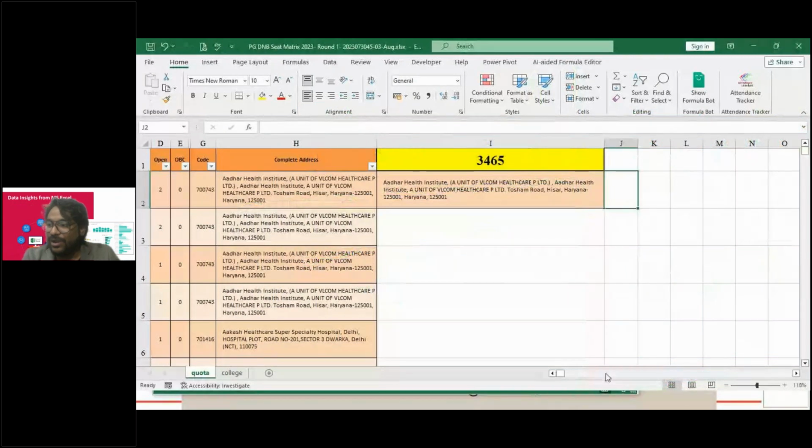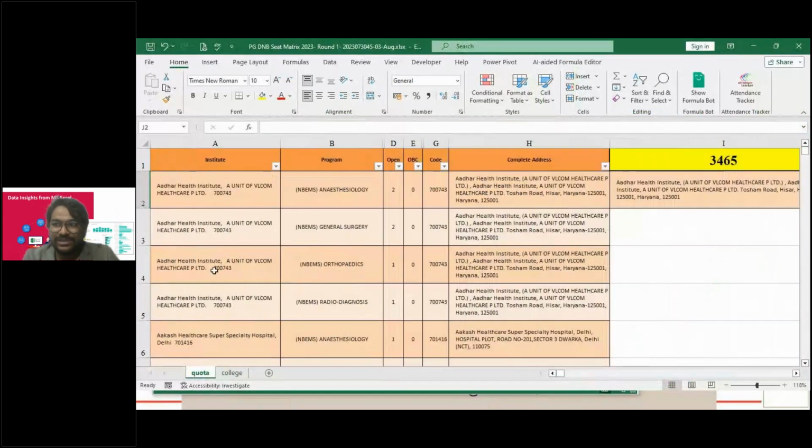And now I will do pivot tables, right? Pivot tables for anesthesiology: which institutes have better seats in better location, and where the number of beds is more. There is no bond. The bond data is also there in some other database. I'll connect everything, and then within just 1 hour of time, I will be able to take the best decision